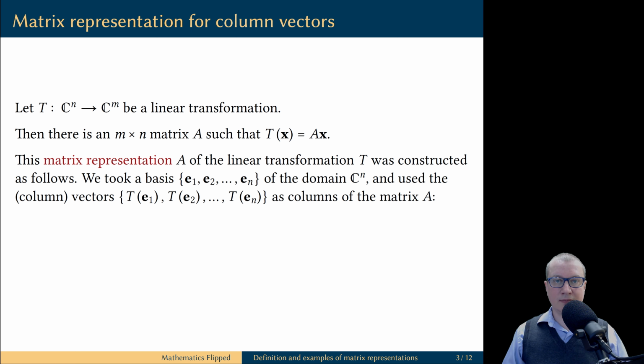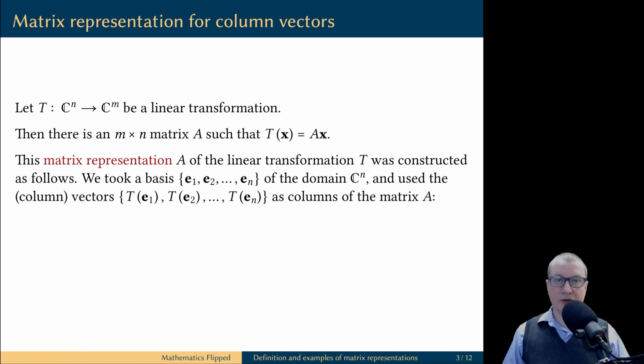Let's get started. To put the new ideas we will develop today into perspective, let me first remind you what we already know about linear transformations that go from the vector space of column vectors to the vector space of column vectors. In one of the earlier videos, we have discovered that all such linear transformations are in fact multiplications by a fixed matrix. We called this matrix A a matrix representation of that linear transformation T, and we discovered how to construct this matrix.